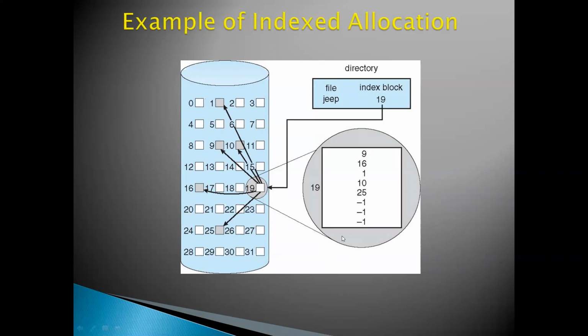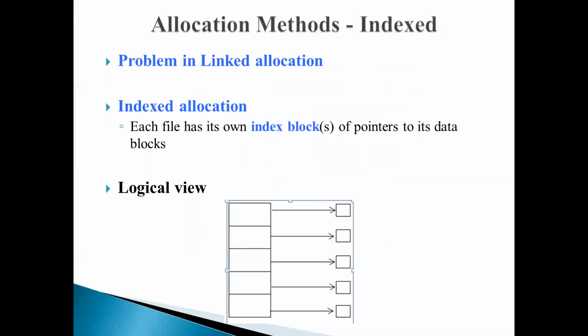So this file, in this case, needs only 5 pointers, and so 5 pointers to the 5 disk block addresses are maintained, but the remaining 3 entries are initialized to null, indicating that they are not pointing to any disk block. So this is one disadvantage in your indexed allocation.